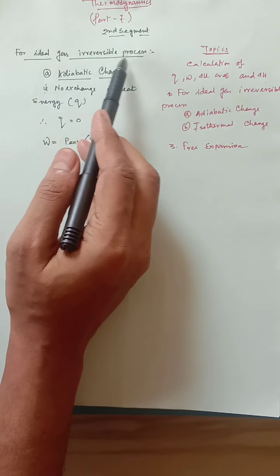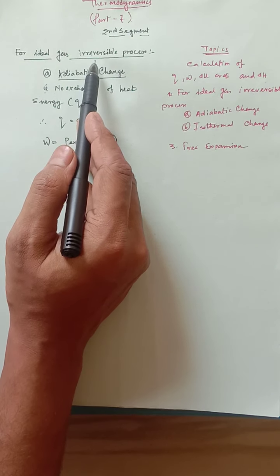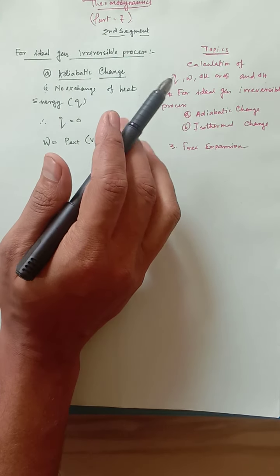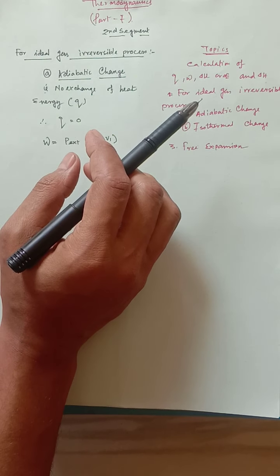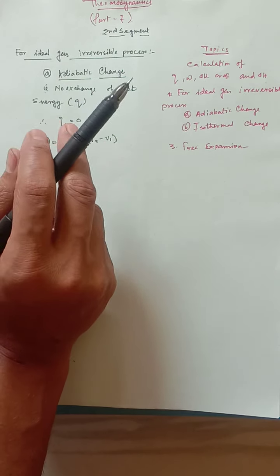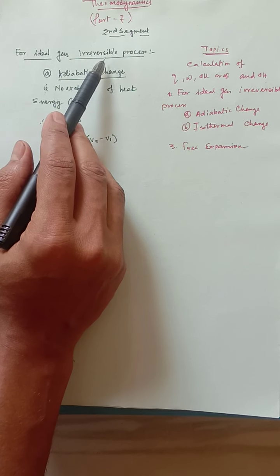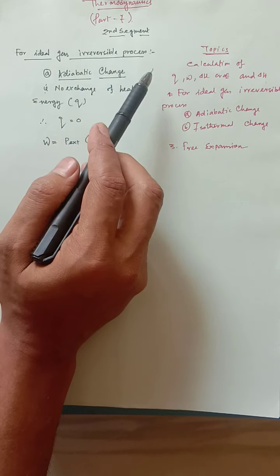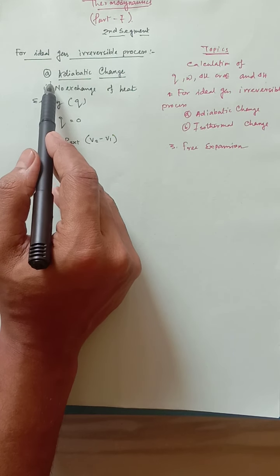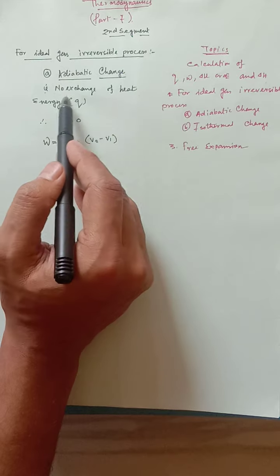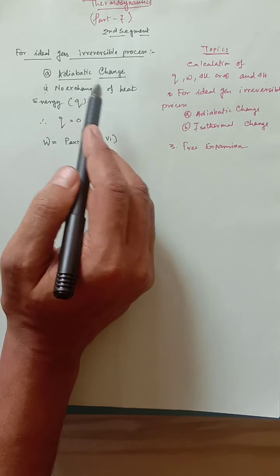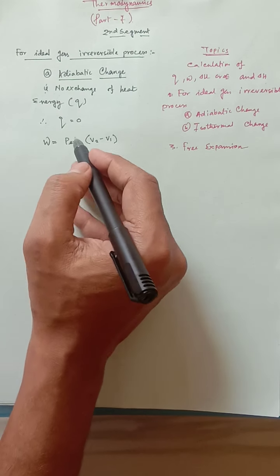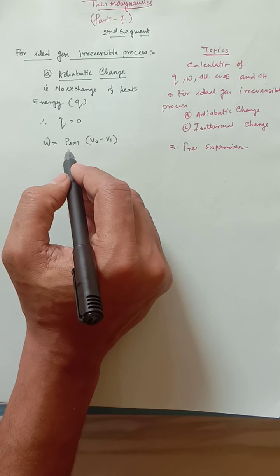Now in case of an irreversible process, the first thing we have to remember is that earlier, in case of a reversible change, it was a very slow process, but the irreversible process is not slow. Now it is a sudden change. So in case of adiabatic change, again the same thing, no exchange of heat, that means Q will be 0. It will be identical with the reversible one. But mind that we are going to find the W value in a different manner.